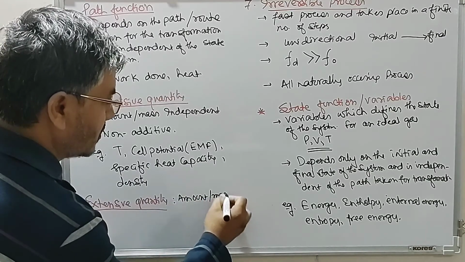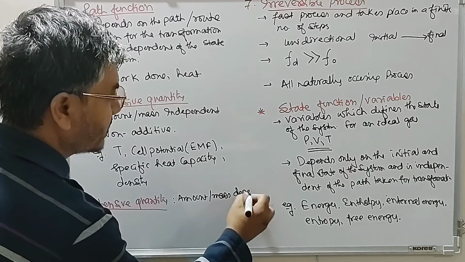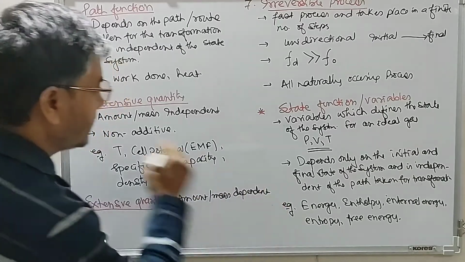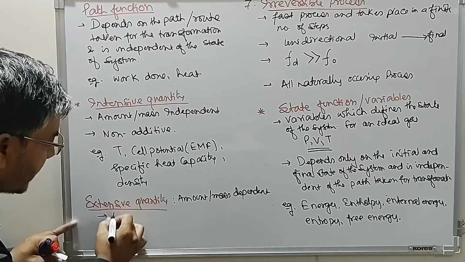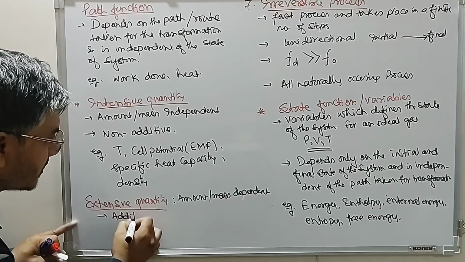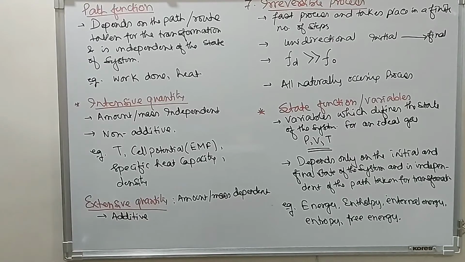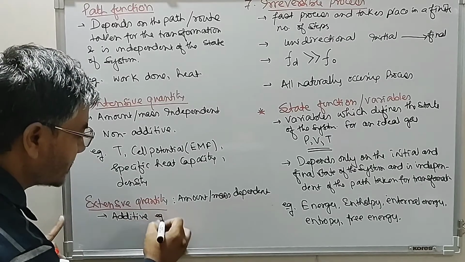Amount or mass dependent. That is extensive. The extensive quantities are additive in nature. You can add to find the final value. We have this example: